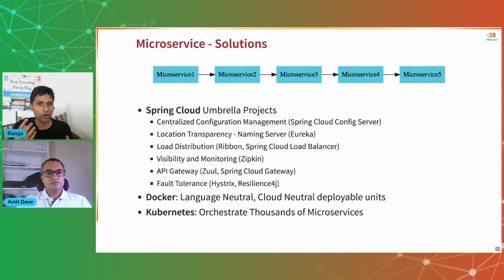Also, there are a lot of common features present across all these microservices, like authentication, for example, or centralized logging, all those kinds of things. That's where an API gateway comes into the picture. Zuul was the earlier one, and right now the recommended API gateway with Spring Cloud is Spring Cloud Gateway. And also, as we discussed earlier, fault tolerance is very, very important, right? So that's where things like Resilience4j come into the picture.